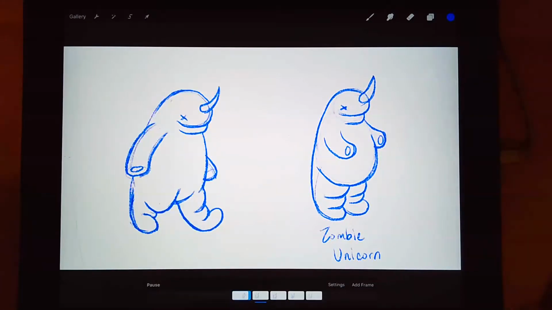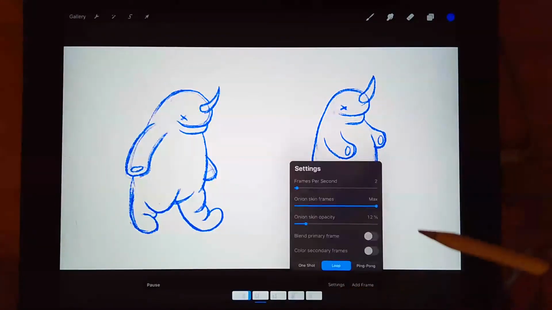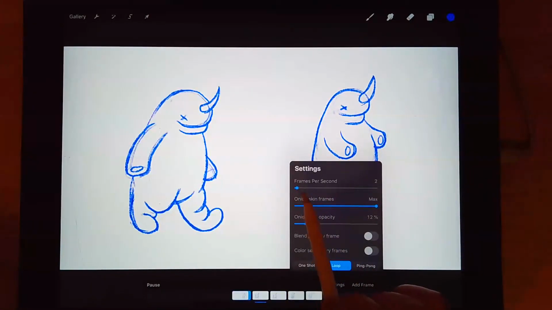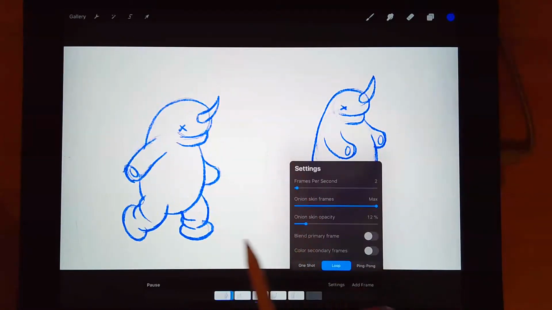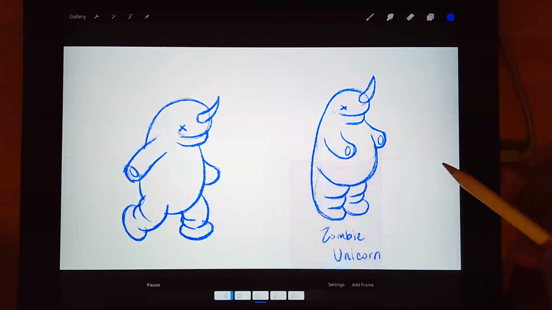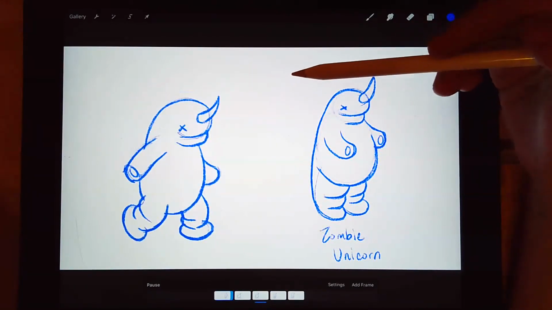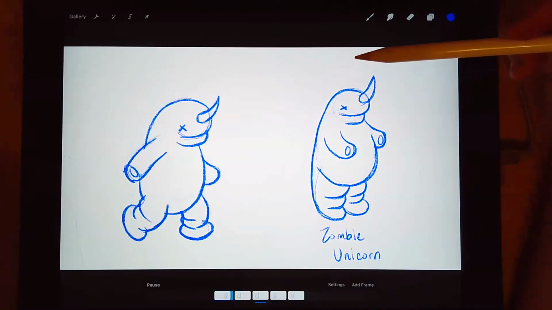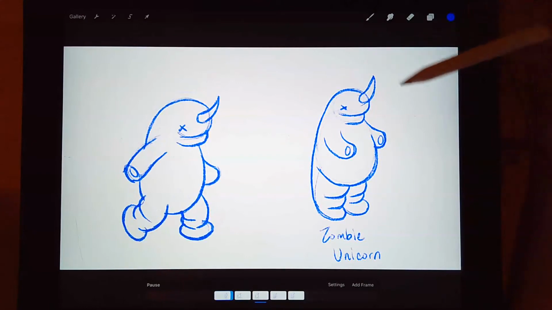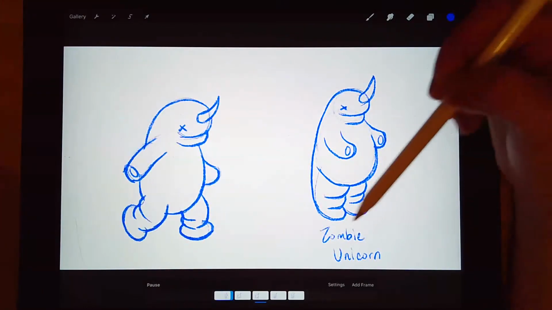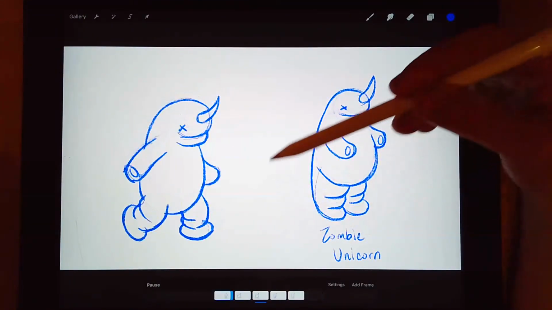So this is only 4 frames. You can see I have the framing right now. The settings are only spaced to 2 frames a second, just to give me a sense of the timing right now of this walk cycle. But the most important thing is that the walk cycle truly is reading in the 4 poses, which we will go over in a second, and that on all of those frames, it really maintains the proportions and the style